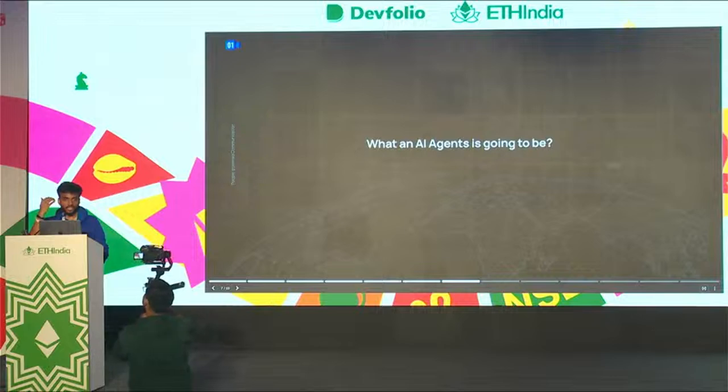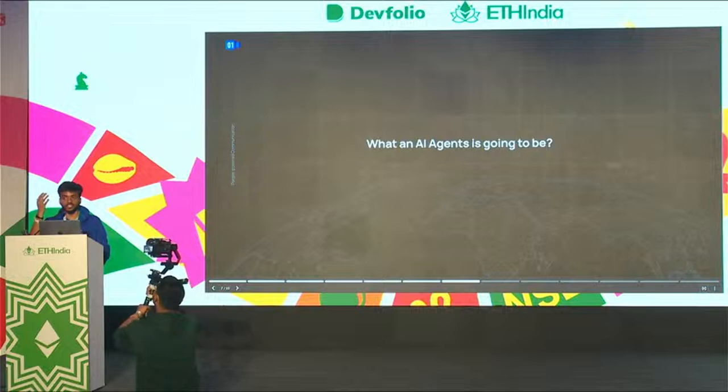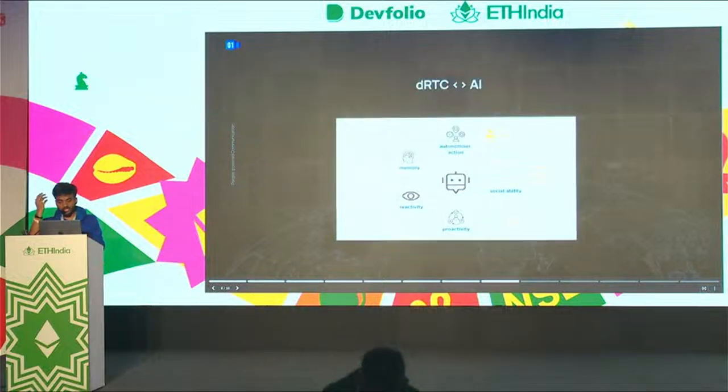Agent-to-agent communication is not necessarily speech, it can also be a data transfer, and that is what real-time communication is all about: an agent talking in real time with another agent. It's not necessarily speech, it can be literally anything. This image shows an agent in the center, with all this memory, all these tools, and social ability, and a persona which it can take on to do some task.